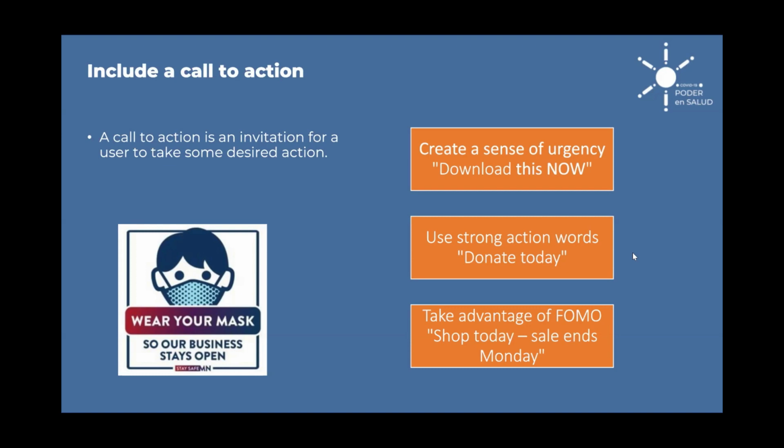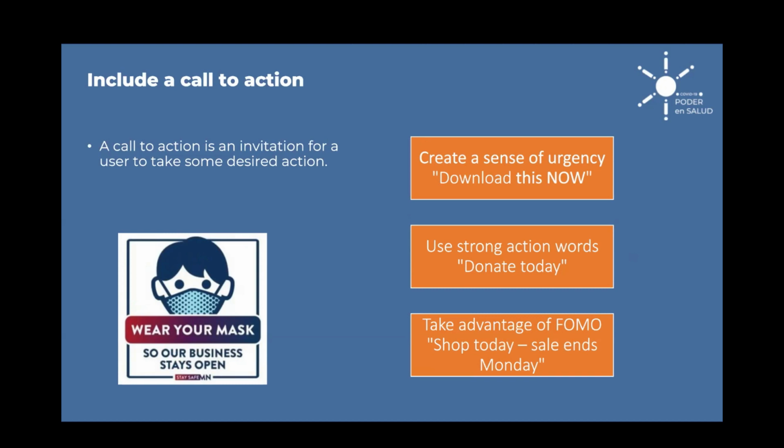Shop today, the sale ends on Monday, so hurry up. Don't forget to do this. That gives people a sense of, oh, I better do it and take action right now. I know if I say to myself, well, I'm going to go visit that website a little bit later, I'll remember it. If I don't go do it right now, it's gone. All of us have lots of things going on in our lives. If you don't do it now or create that sense of urgency,